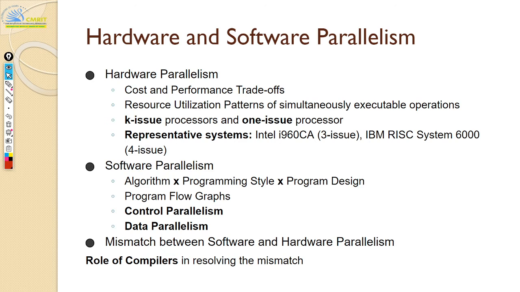The key takeaway from this particular slide is, you have two types of parallelism: hardware parallelism and software parallelism. Okay, and you have to align both together. So in your software, you assume that you are going to have n number of processing elements, and you're going to assume some kind of communication or programming style, correct? But in the hardware, it has to get reflected. Okay, so if you assume you have let us say 10 processing elements, but in hardware you actually have only two, then you could have some problem, right?